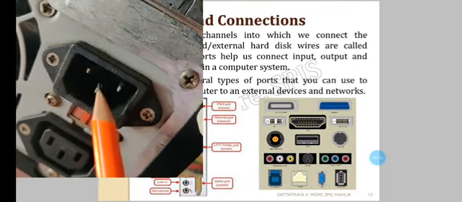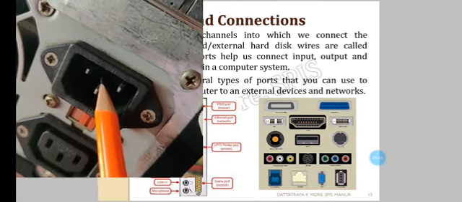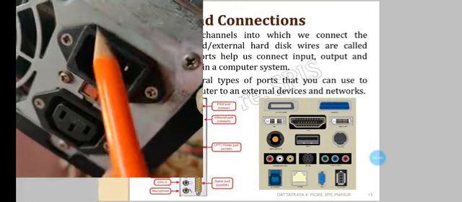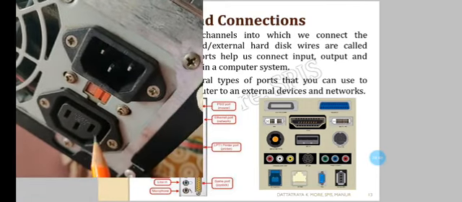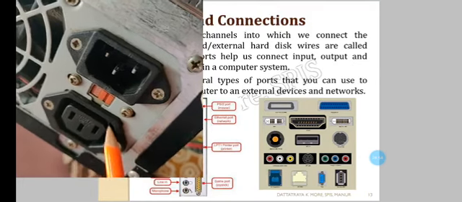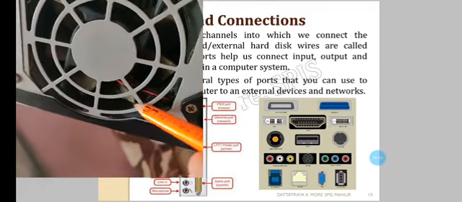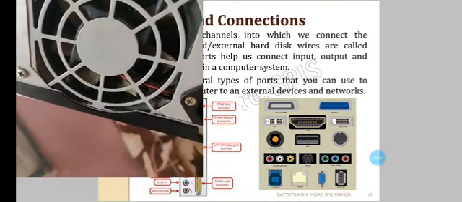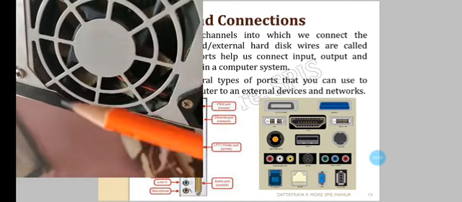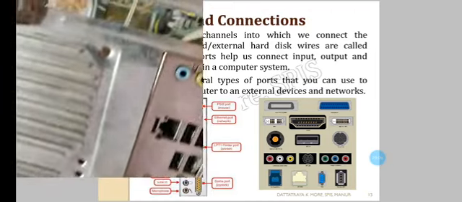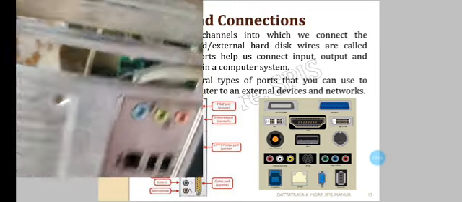From here we can give power to this computer system, and from this one you can take power inside, and give one output here for the monitor also. This is the CPU fan, the power supply fan, which helps keep the power supply unit cool. Okay, so this is a little short tour.